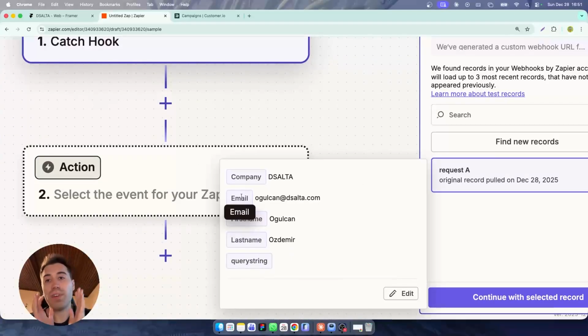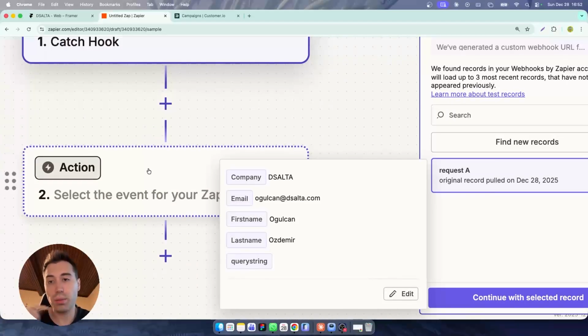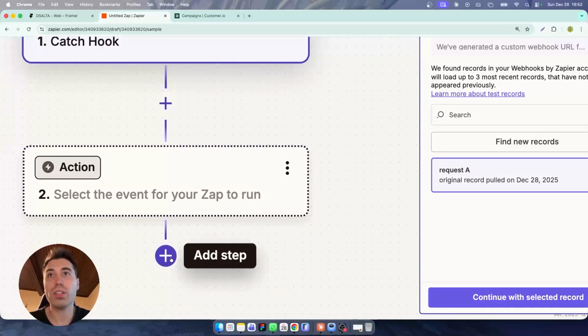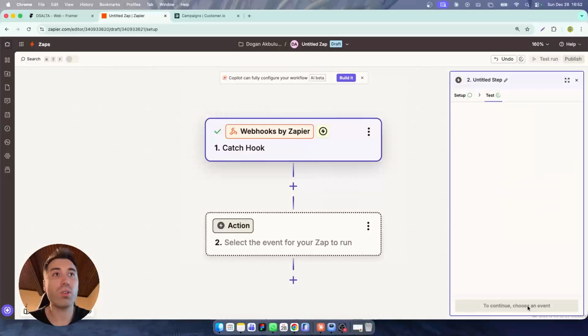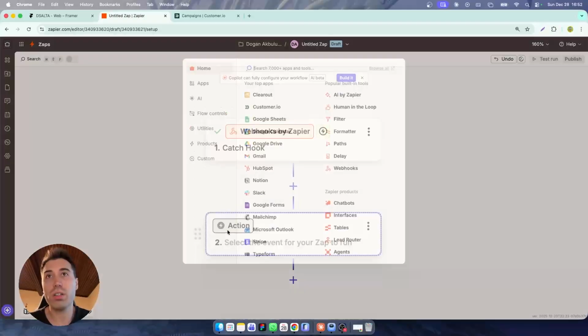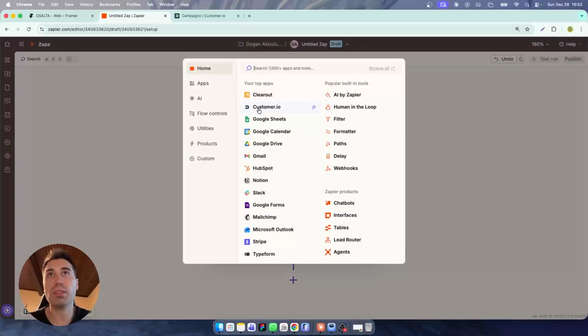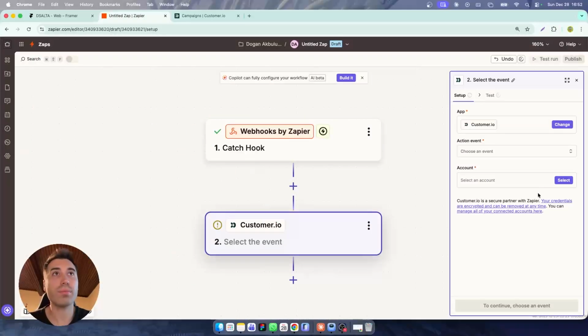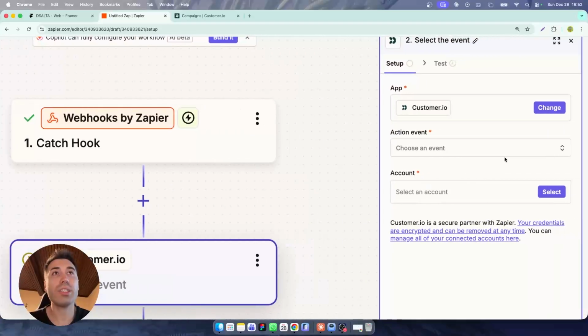And thanks to that, we're going to send the form submitter's data to Customer.io in the next sections inside of Zapier. In here, I'm in the steps. Okay, and continue with selected. And inside of this section, we're going to add Customer.io. Okay, let's click Customer.io, and in the action event,